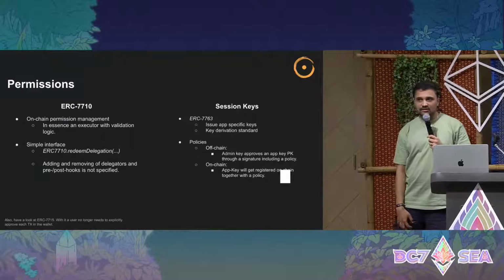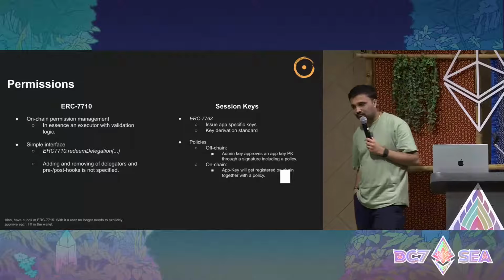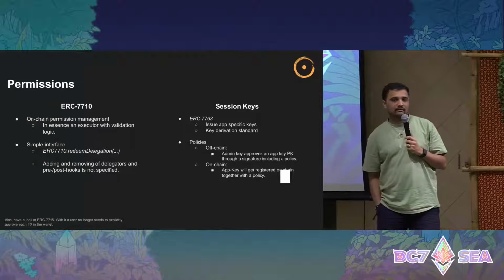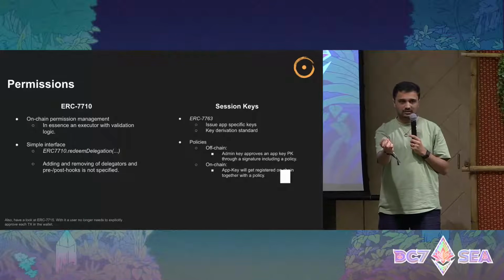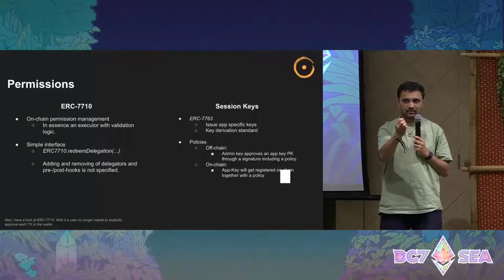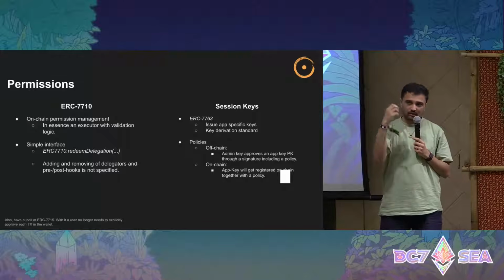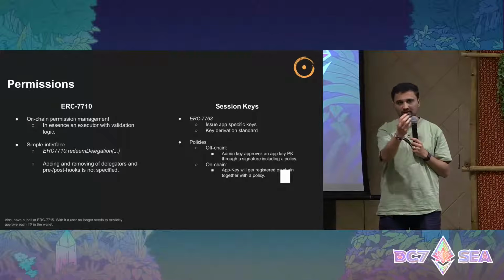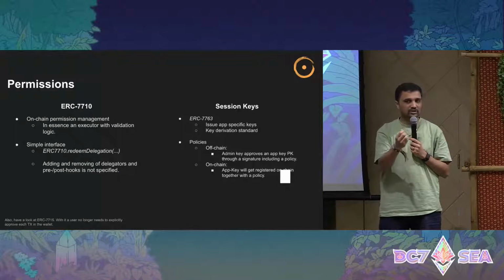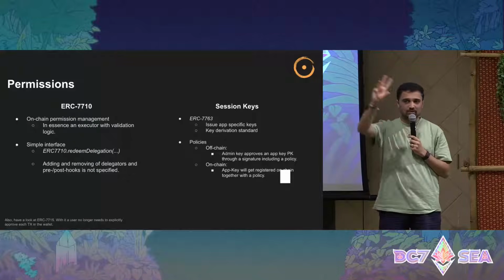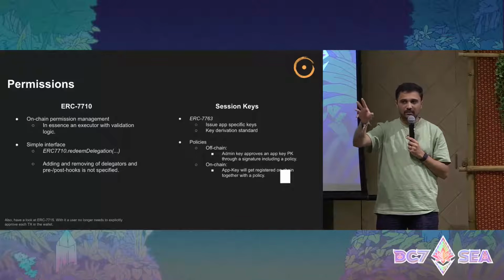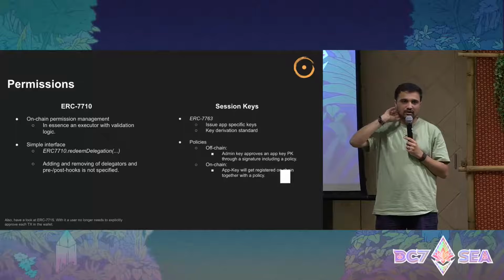The second type of ERCs are on permissioning. So imagine you have your Google account and you are able to permission applications. Whenever you connect your Google account via SSO to another application, let's talk only about the Web 2 world, you are basically giving them permissions to do something with your Google account. Permissioning ERCs are similar to that, where you can give permissions of your account to some other application. And there are quite a few applications already live, which give session keys